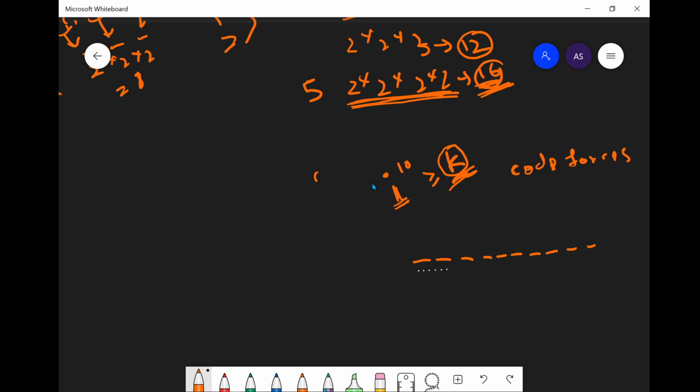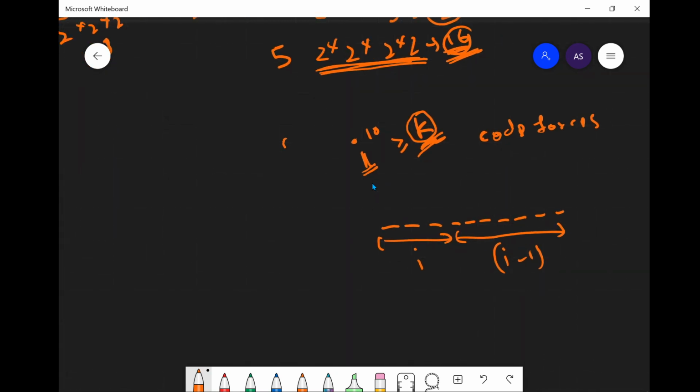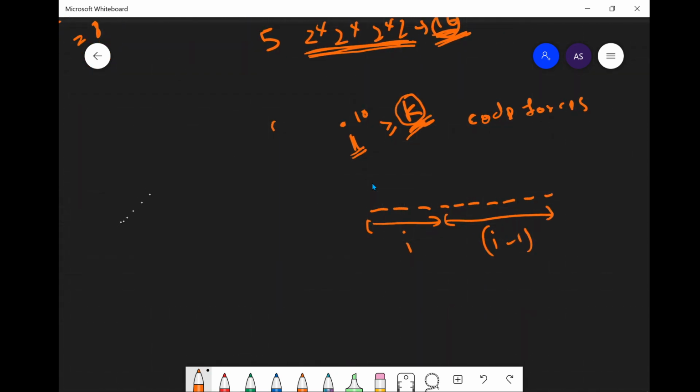We don't need to write all of these i times. We can write some of them i number of times and the remaining of them i minus 1 number of times. So now how is that? Let's consider that C is C O D E F O R C E S. So suppose we have written these two number of times.